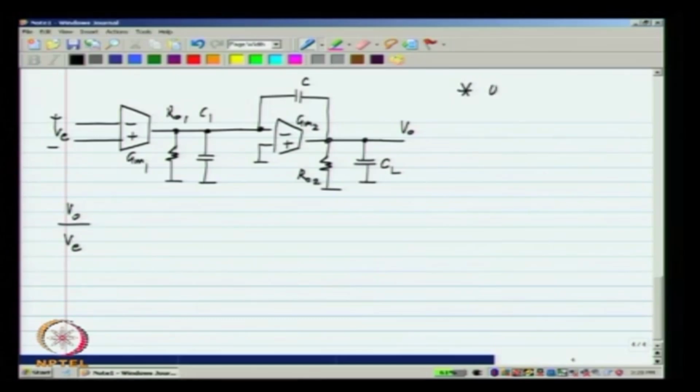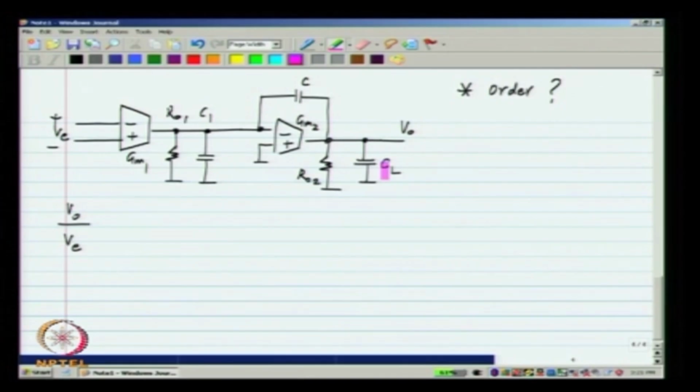Now, what will be the order of this transfer function? How many poles will it have? The number of poles or the order is nothing but the number of independent state variables in the circuit, and state variables are nothing but capacitor voltages and inductor currents. Here of course, we do not have inductors, so it is only capacitor voltages, and we have 3 capacitors connected